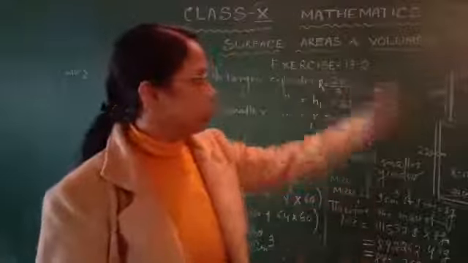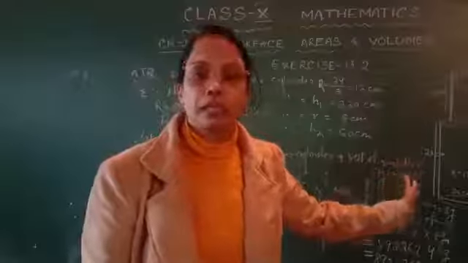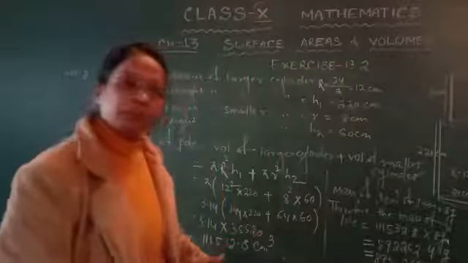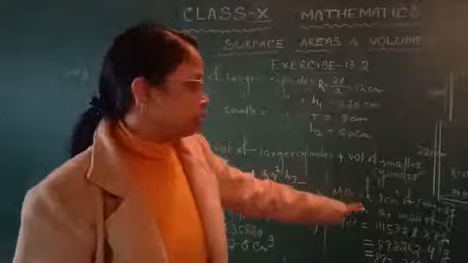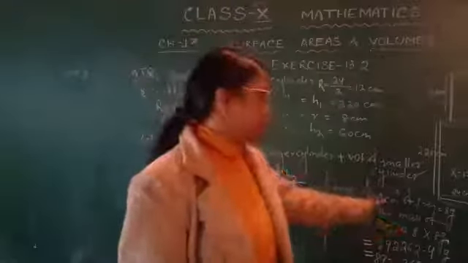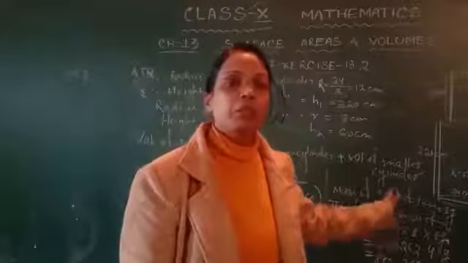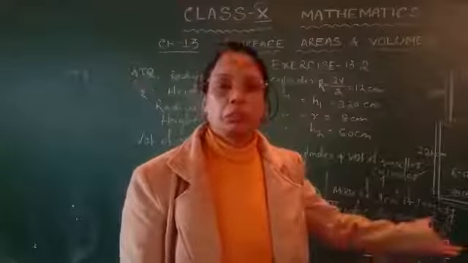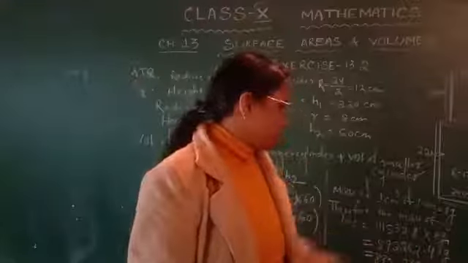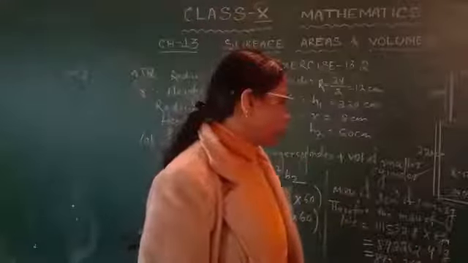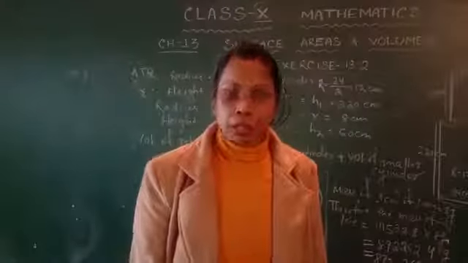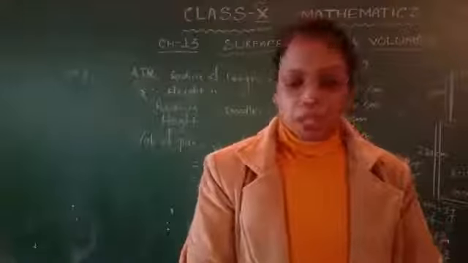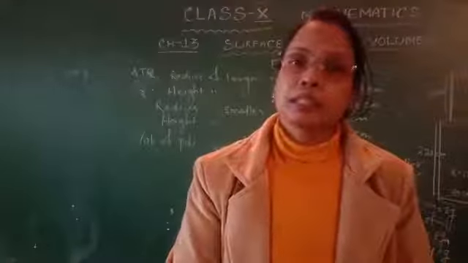So first you find the volume of the entire pole, that is the volume of the larger cylinder plus the volume of the smaller cylinder. Then you convert the volume into the mass, given in our question as 1 centimeter cube is equal to 8 gram. So the total mass is 892.2624 kg. I think all of you understood. So in the next video we will solve the remaining questions of this exercise.